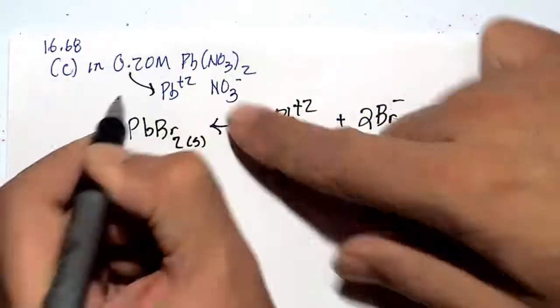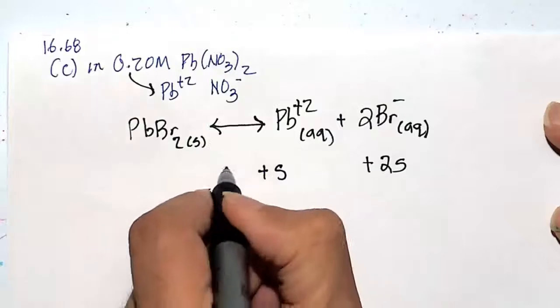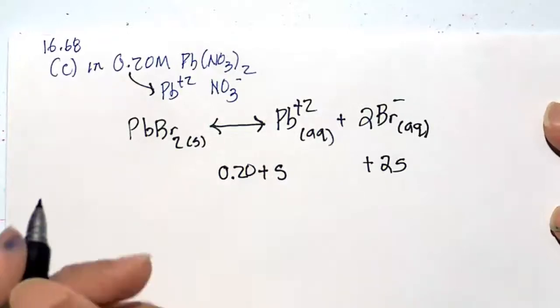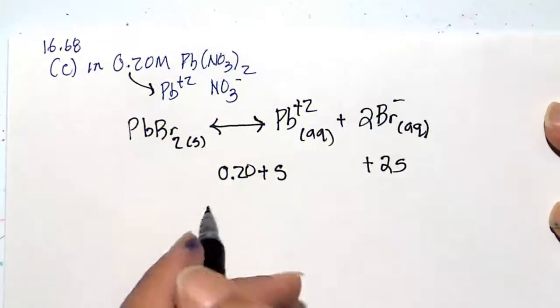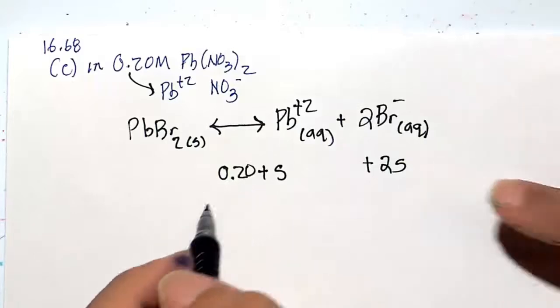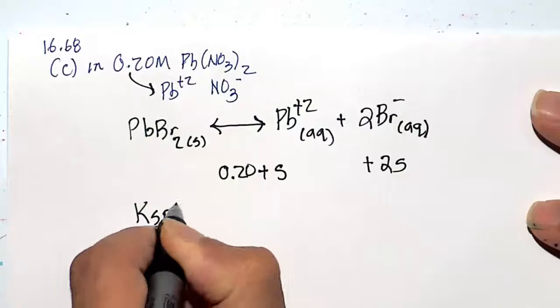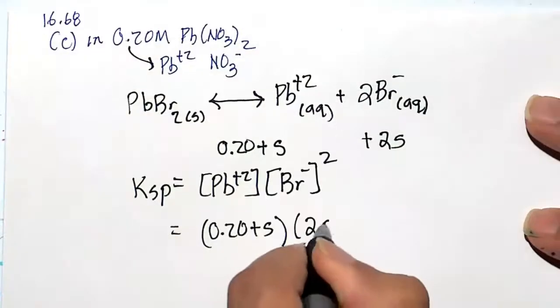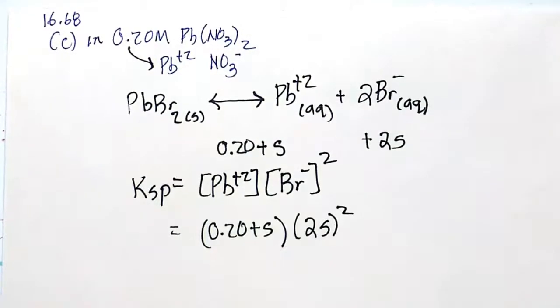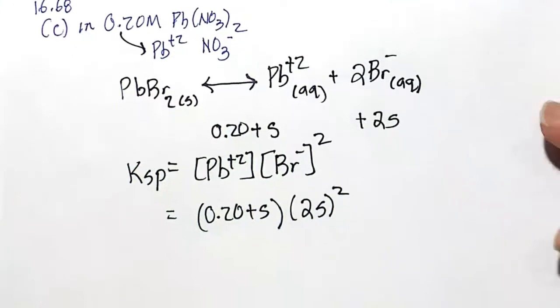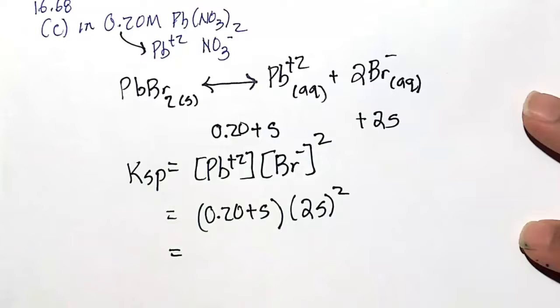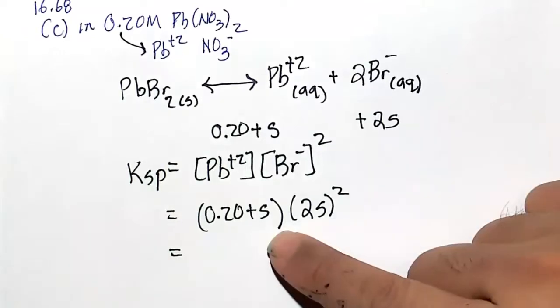The solubility of lead, S, is going to be S from the KSP reaction moving to the right, but also the concentration of lead will be the 0.20 molar contributed by the lead plus 2 in the lead nitrate. Plugging our values in, the lead plus 2 is 0.20 plus S, the Br minus is 2S, and that goes as whole square. We will make our assumption now that most of the